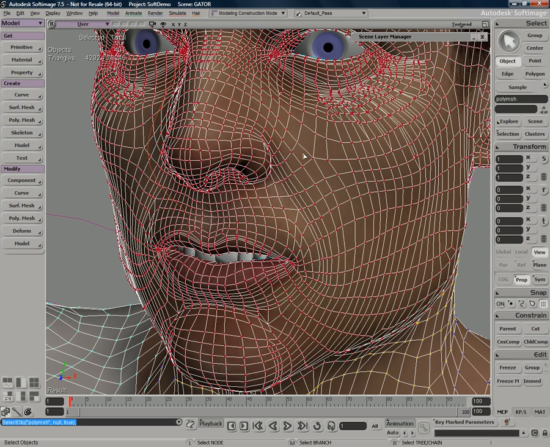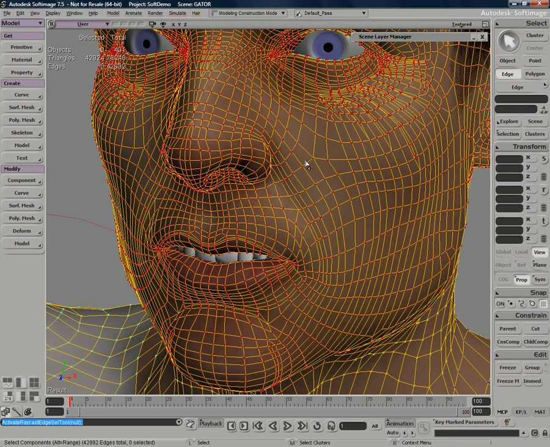So what I want to do is first I want to go into edge loop mode by pressing the I key. And now if I press the I key and use my left mouse button to select, you can see I can easily select these edges. Holding down Shift and Control will allow you to do multiple selects, but I want to select an entire ring